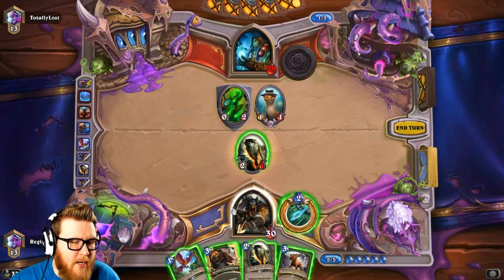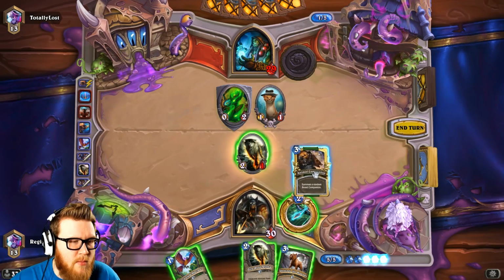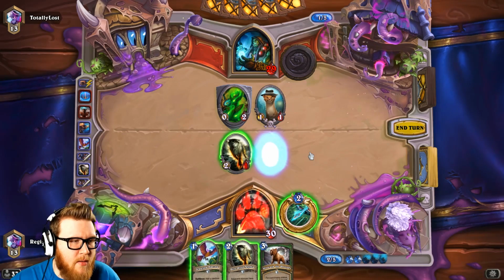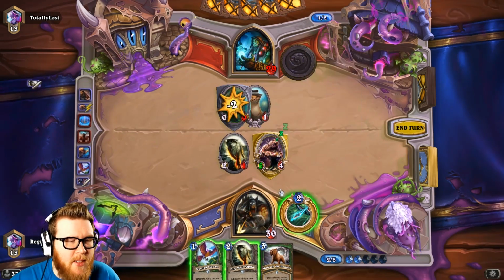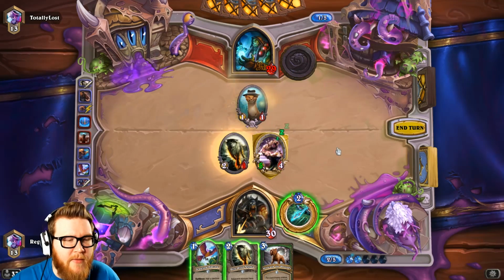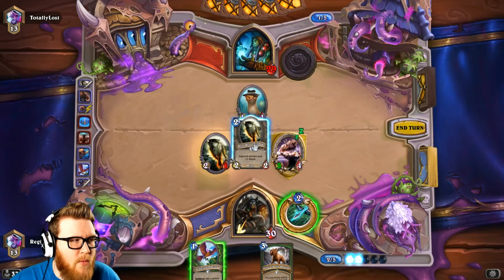So we've got a good trade. I think we'll just Animal Companion and Direwolf Alpha. We'll hope for the Misha here, I think. Yeah, that's good. Helps protect our 1 health asset here from the Tunneler. Do we want to develop another minion? I guess so. We've already seen...